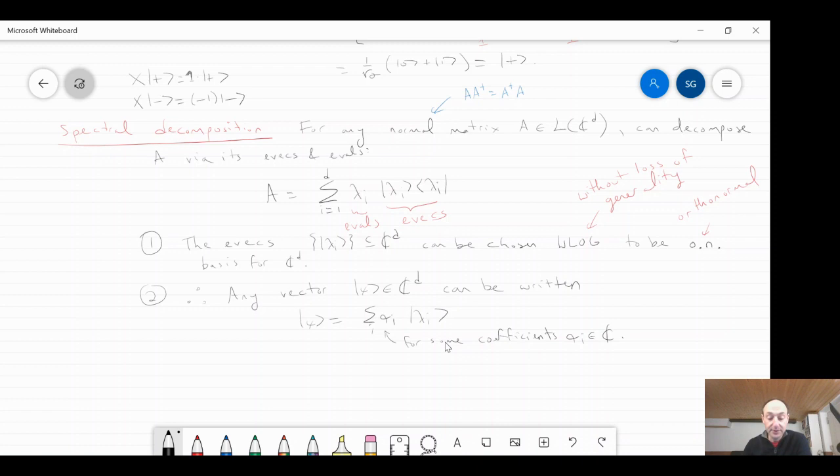This is really nice because if we want to know the action of this matrix A on an arbitrary vector psi, if you can write A in terms of its spectral decomposition like this, and you can write psi relative to that same basis, then you know exactly how these terms behave with one another. The inner product of a |lambda_i> here and a |lambda_j> here, it's an orthonormal basis, so you know everything. The inner products are always 0 or 1. So it becomes very easy to analyze this.